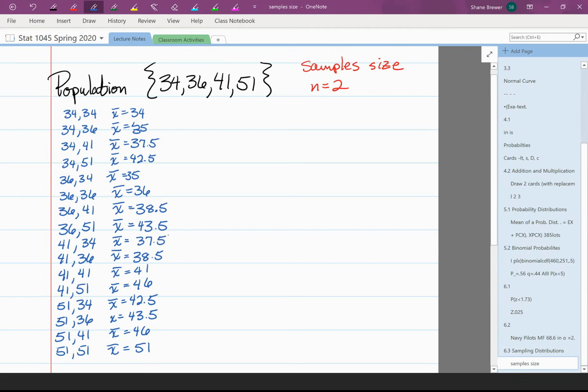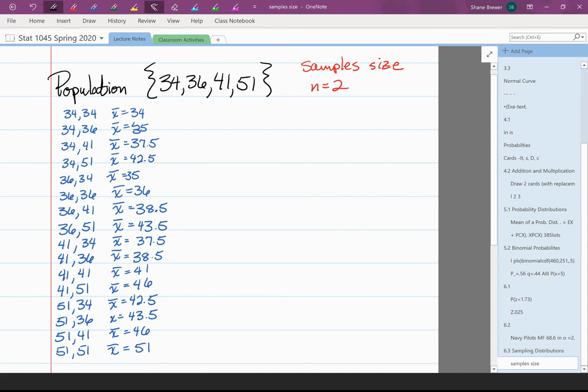Okay, so long process, right? And we're just dealing with samples of size 2. But those are all of the possible samples. So if we were doing a study on this population, and just sampling 2 at a time, we might get any one of these outcomes, right? So if we created the graph of these outcomes,